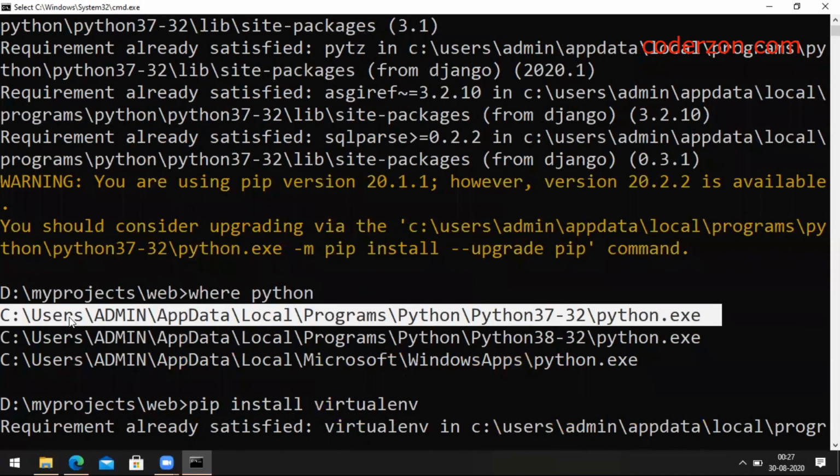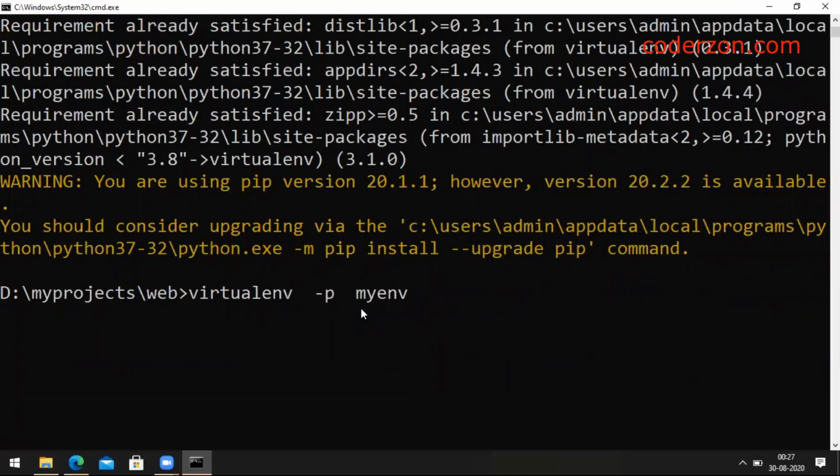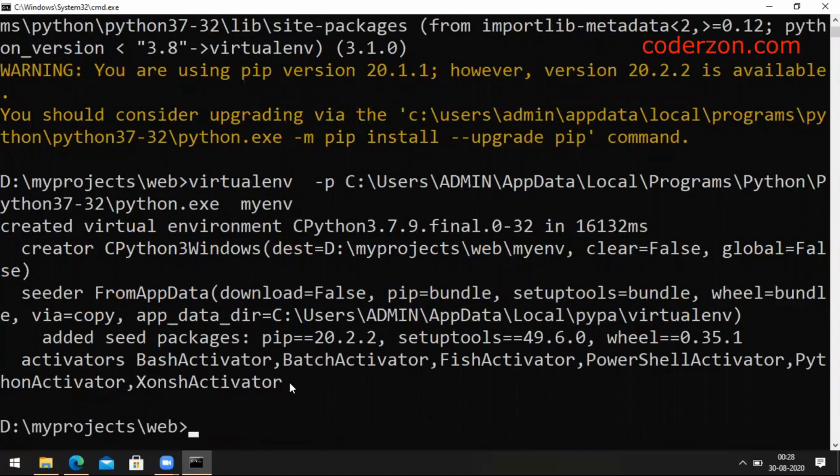Just press enter to copy it and right click to paste it. Enter. So here we can see we have created a virtual environment, CPython 3.7.9.